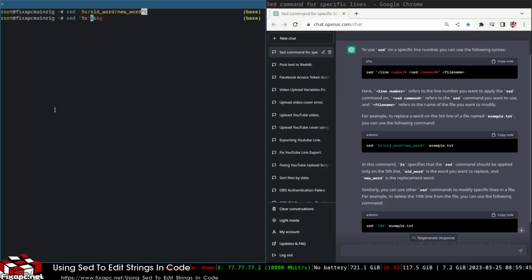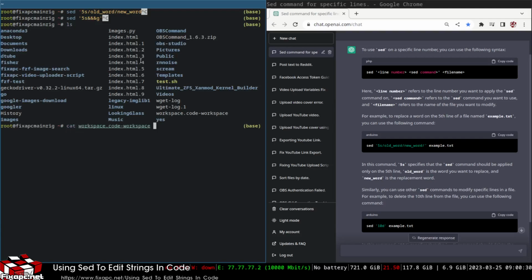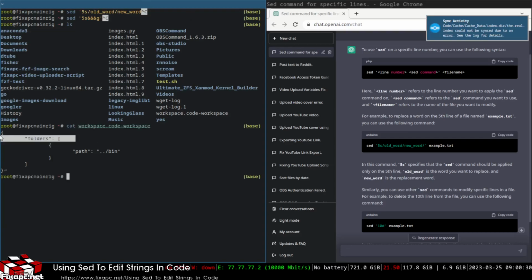G. So if you look right here, that's 5S, that's the 5th line. Right. So 1, 2, let's go for the second line